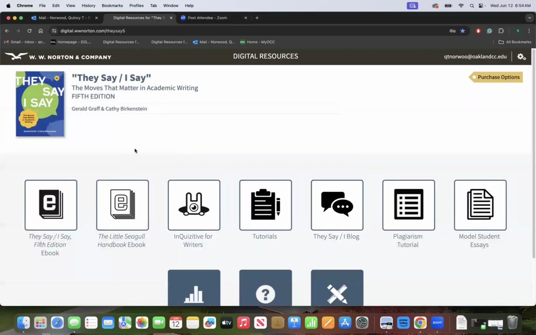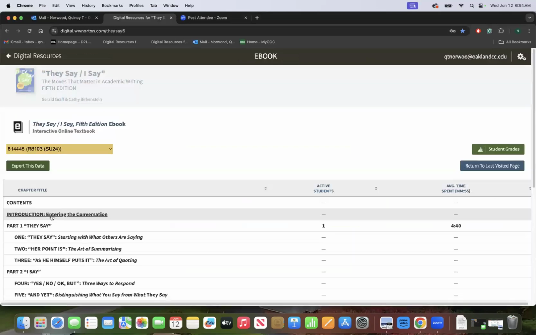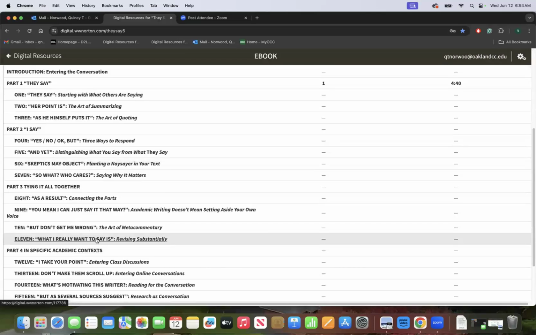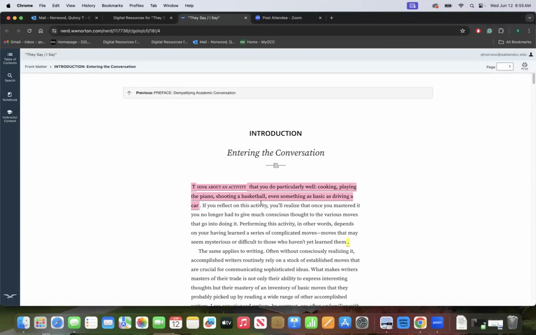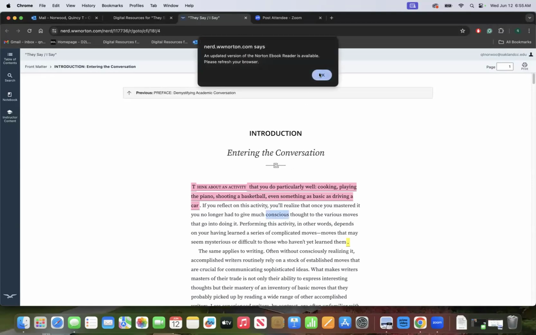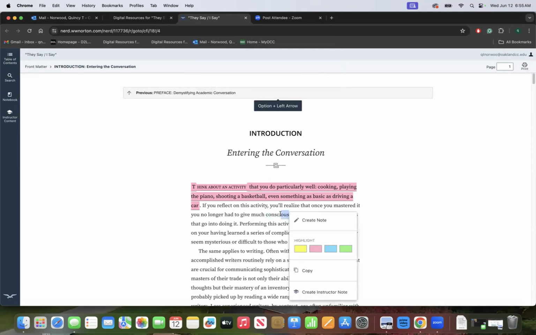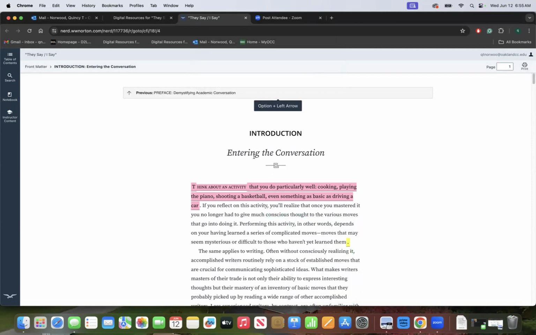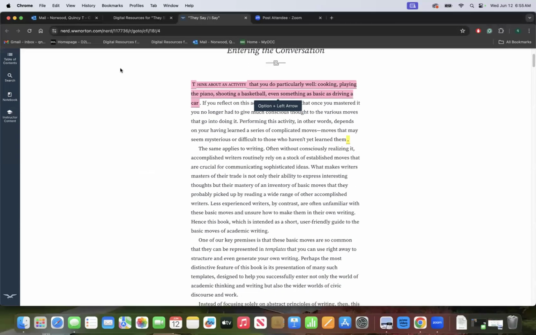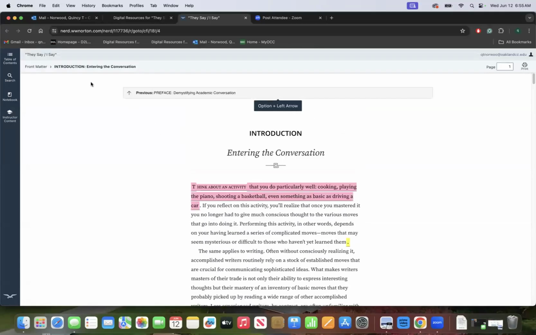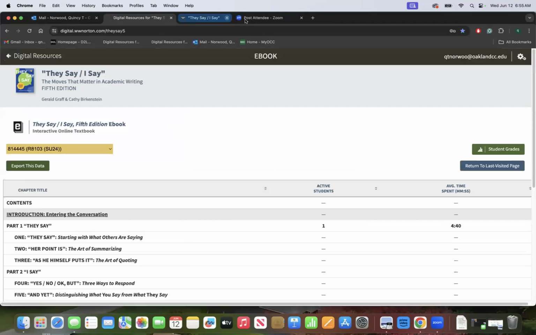Okay. And once you sign in, here's our book. It's pretty much an identical copy of the hard copy. It's just that this one has certain enhancements. Here you can highlight, you can just double click on anything and it'll bring up these options. There used to be an option where the book had an audio book function, but for some reason, I cannot find it. But I'm sure you guys are a lot more tech savvy than I am. All right. So there is the textbook,